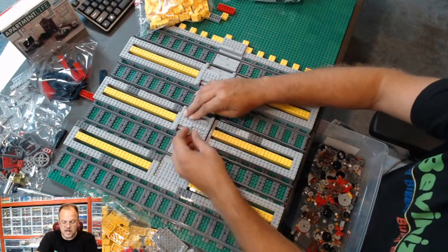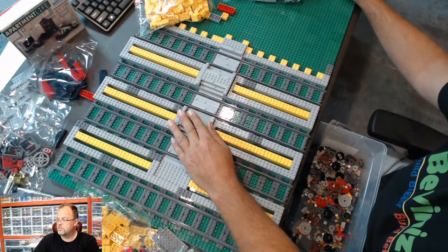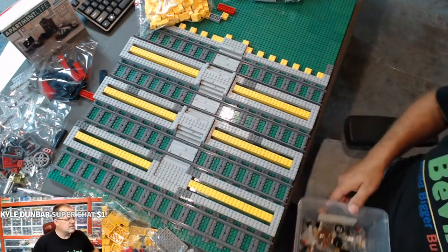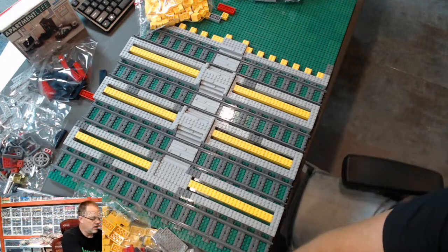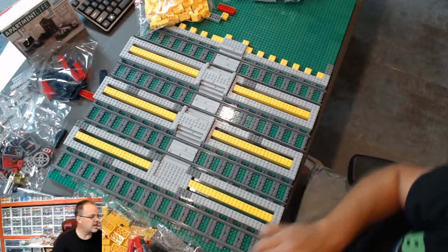Scott said his city's on homemade tables. Mine are homemade also. I know a lot of people buy those IKEA. I believe it's IKEA that a lot of people buy. And thank you, Kyle. The IKEA tables. I don't like those though, and the reason that I say that,